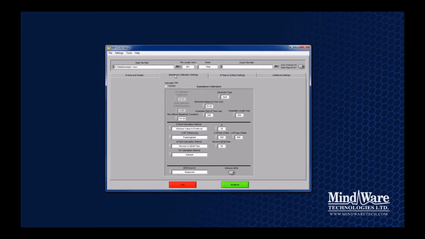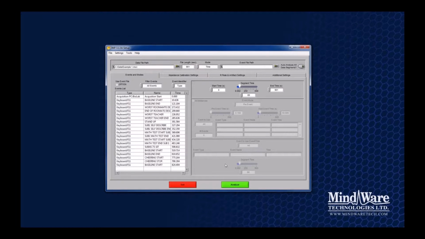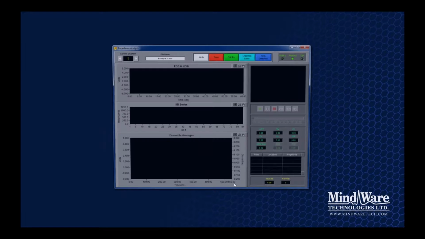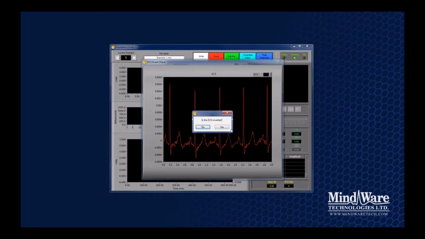So once we've configured our setup to where we want to view the data, we want to press the green Analyze button. And the first thing that comes up is a preview of your ECG signal, and it's going to ask if your ECG is